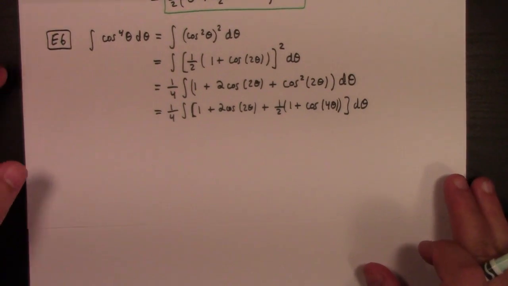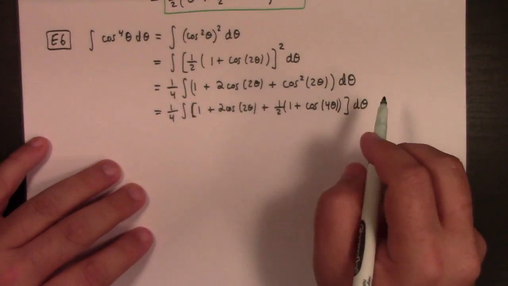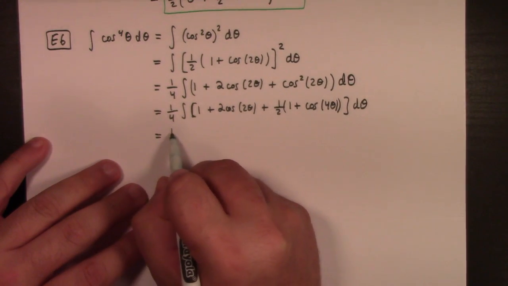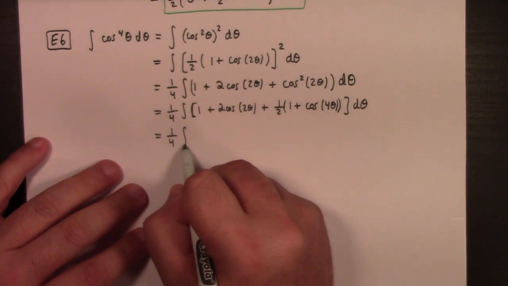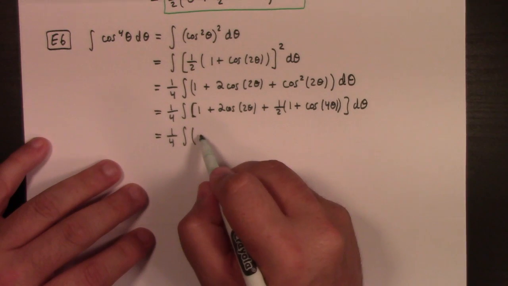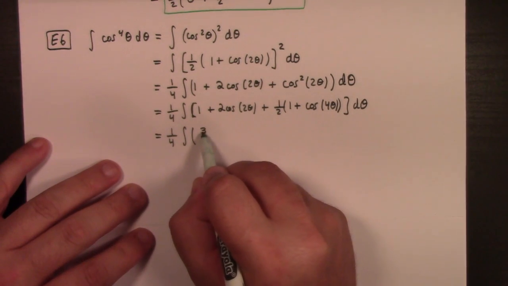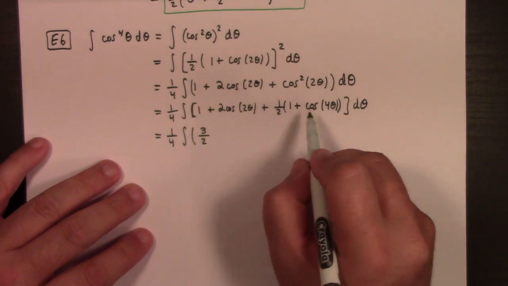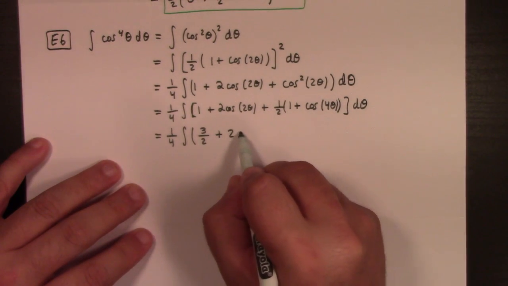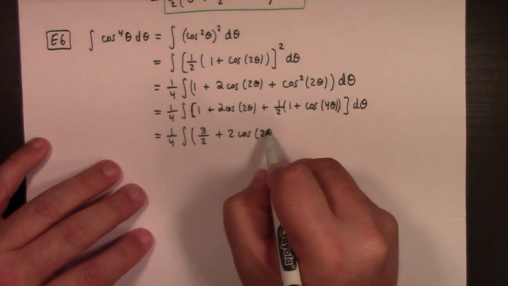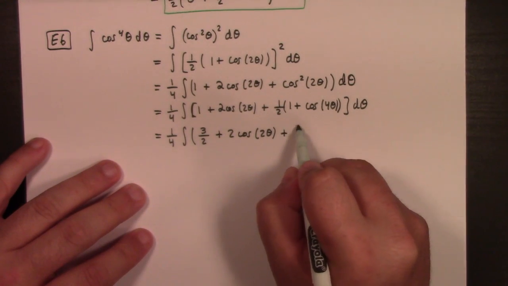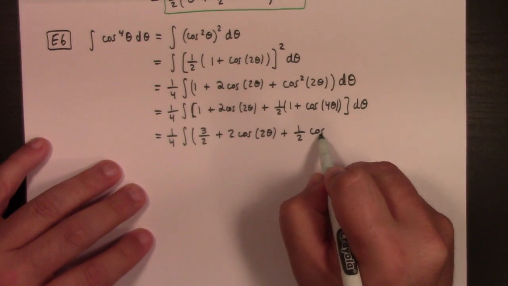I'll leave the 1/4 out front, and that's going to be 1 plus 1/2, otherwise known as 3/2. So 3/2 plus 2 cosine 2 theta, right? Plus 1/2 cosine of 4 theta